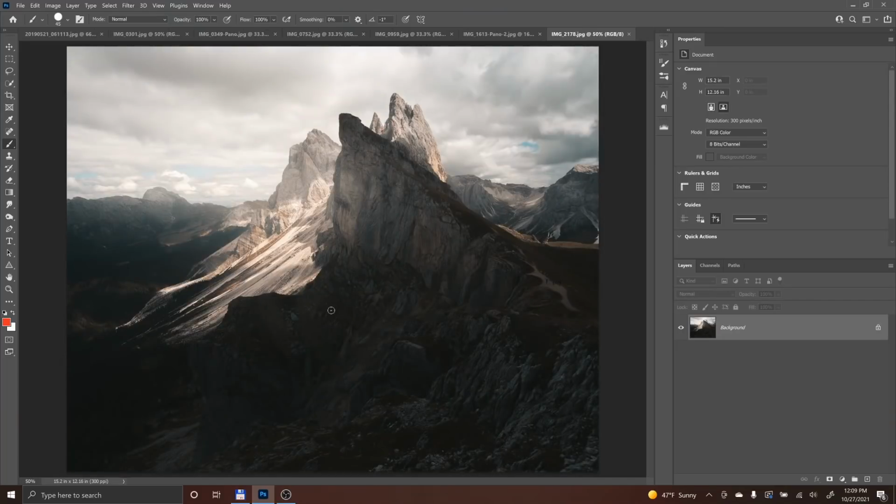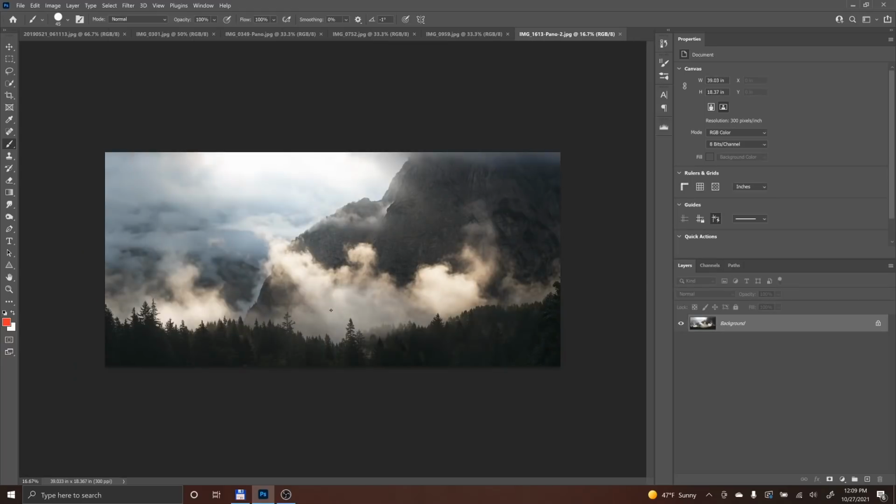Here at Seceda, this is done during the day. We had dramatic clouds, the light falls into the background, and I'm just increasing the contrast a little bit on this photo, and I'm getting this kind of a contrast. Over here,